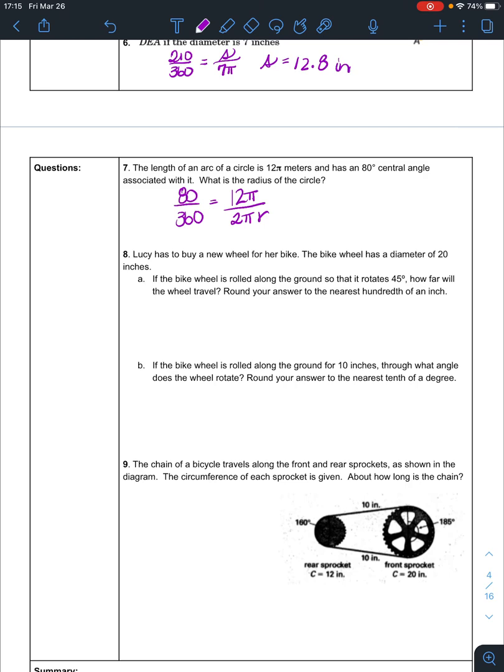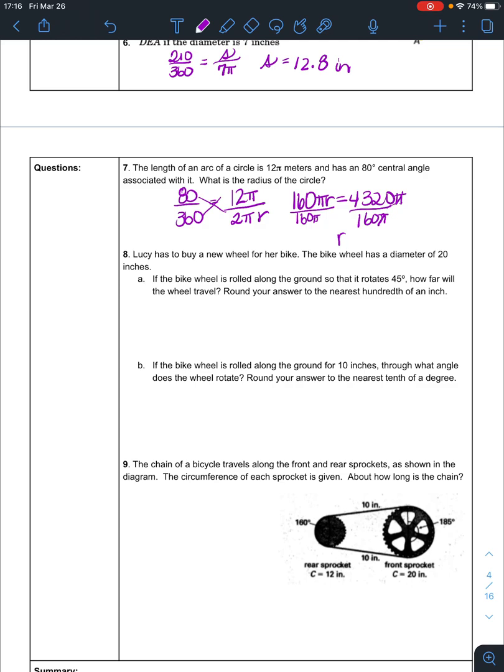So you can start simplifying, but basically what you want to do is your cross multiplication. So if you cross multiply, then you would get 2 times pi times 80 is 160 pi is equal to 360 times 12, which is 4320. And this r is right there. So you divide both sides by 160 pi, okay? And that should be pi 2. I knew there was something missing. And so my pi's cancel out, so I do 4320 divided by 160, and you get that the radius is